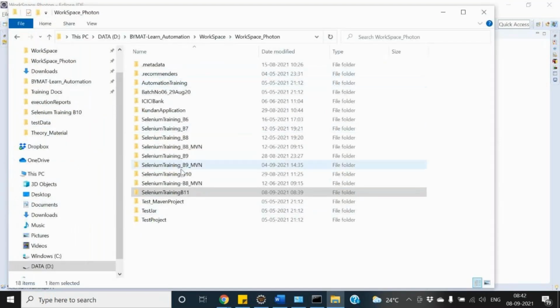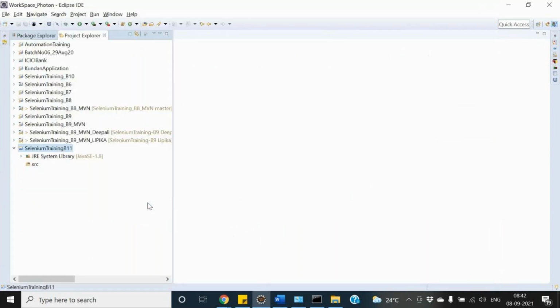All source code it will be keeping over here. So this is what the workspace is all about. Just try to install it and create a simple project in it.